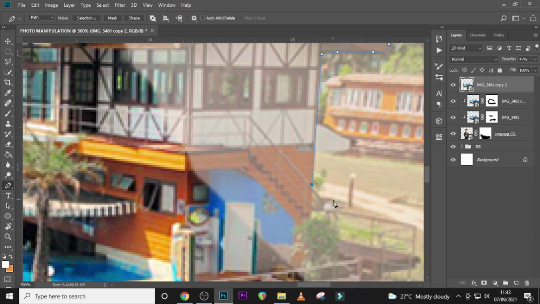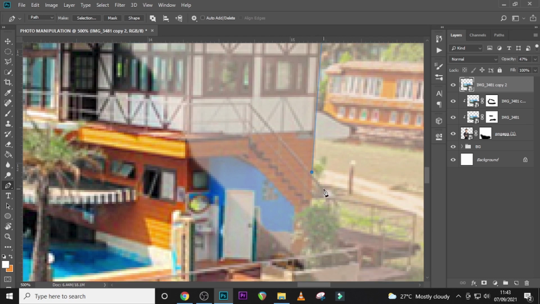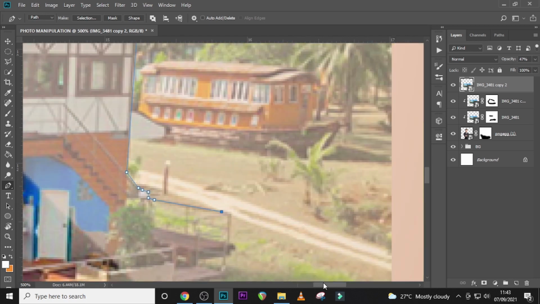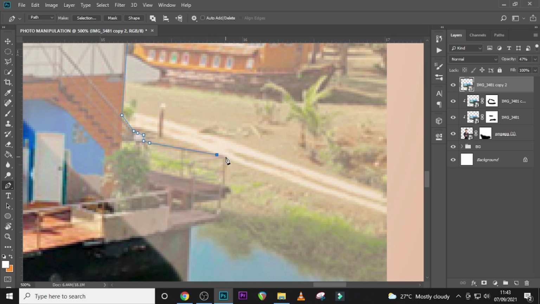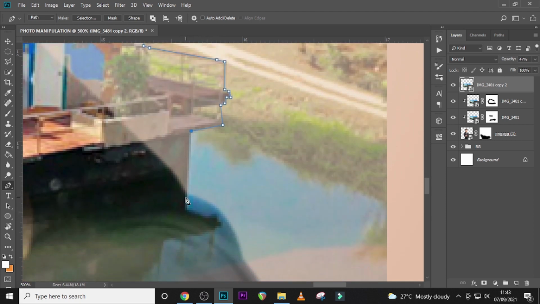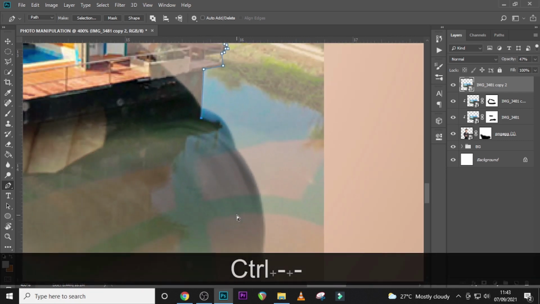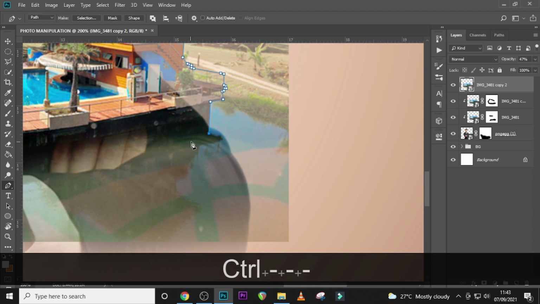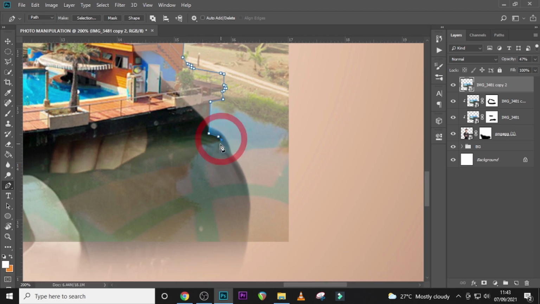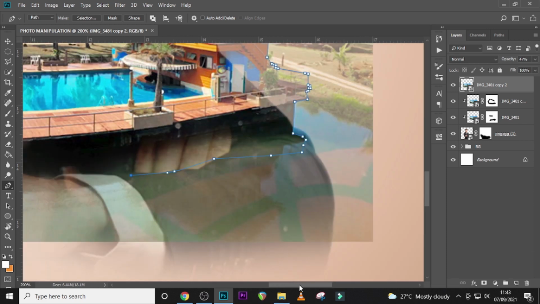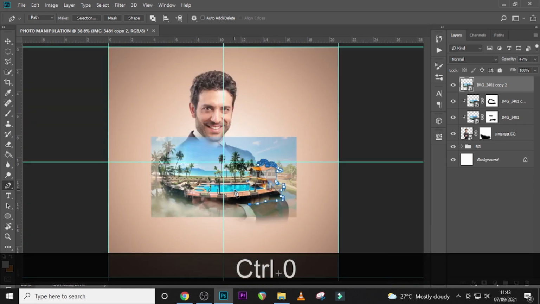Now you can see some stairs over here. I don't want to cut it out, so I'm going to trace it because I want it to show. I'm going to trace it, and then I'm going to come here, and this happens when you zoom in well. You can see all the details as well. Come here, and then you can see it goes here into the image, and that is what I'm looking for. Let's zoom out a little bit. Let's see it well. So this is what I'm looking for, and then I can bring it in to the image,